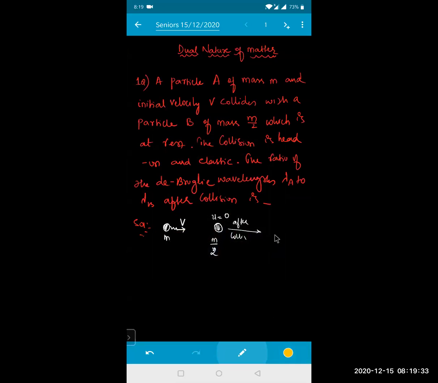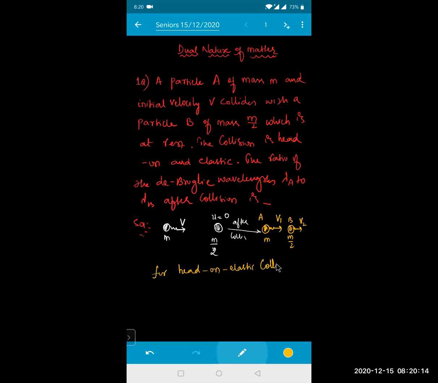After collision, this first body, A of mass m1, will be moving with velocity v1. And this is another body B of mass m2, and its velocity is v2. So the first body is moving with velocity v, the second body is at rest. After collision, the first body will move with velocity v1 and the second body will move with velocity v2. For head-on elastic collision, you already know